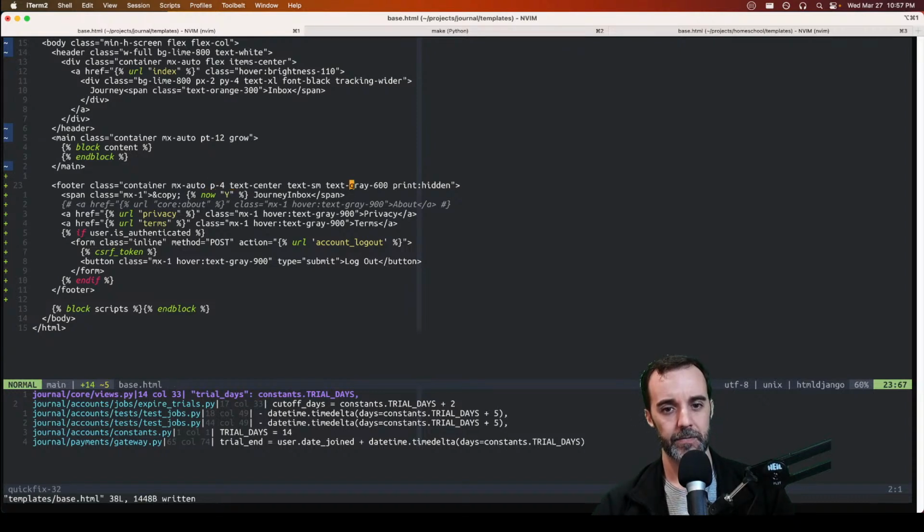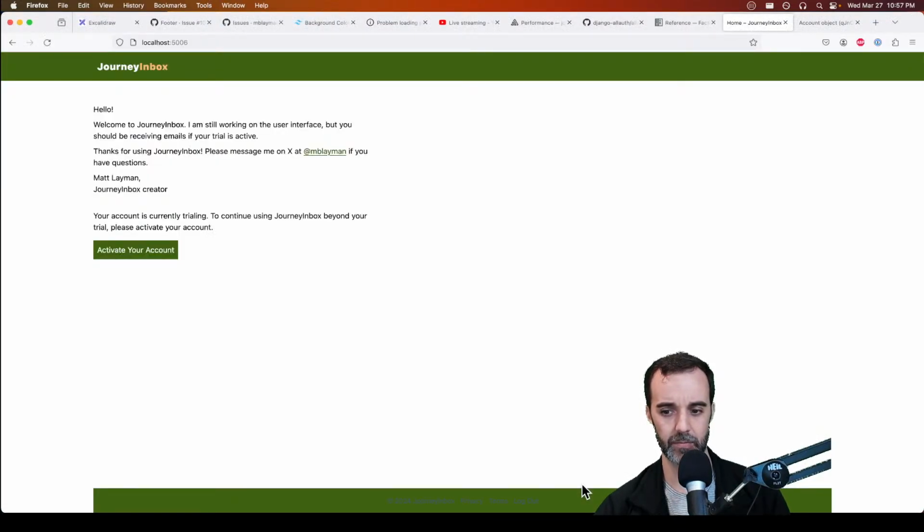Also, this print hidden stuff. Nobody should be printing this page. The School Desk app had a bunch of things that need to be printed, but we don't have that same set of constraints here. So we've got some text gray things. Text gray 600. But what if we change this to be BG lime 800, which is our other color? It's going to mess up our text pretty badly for a moment, but